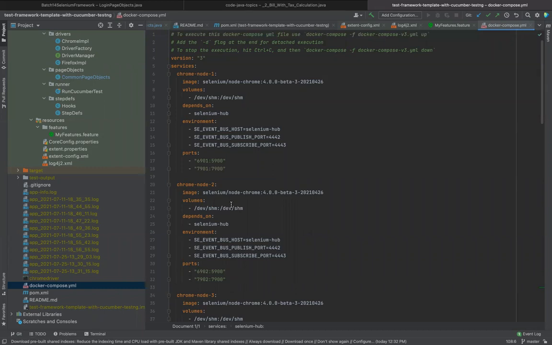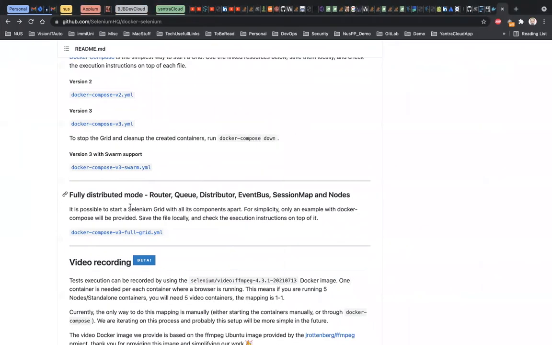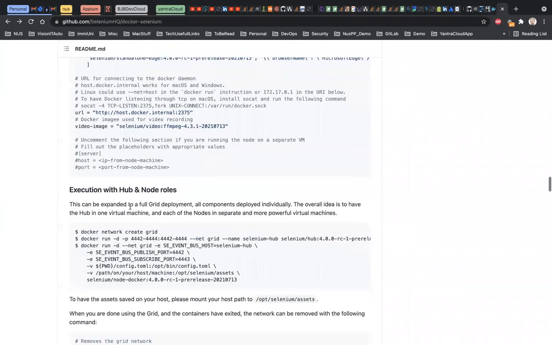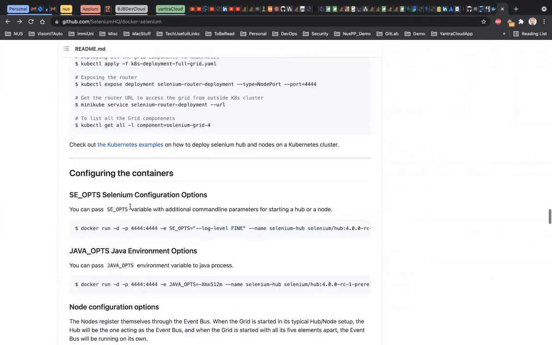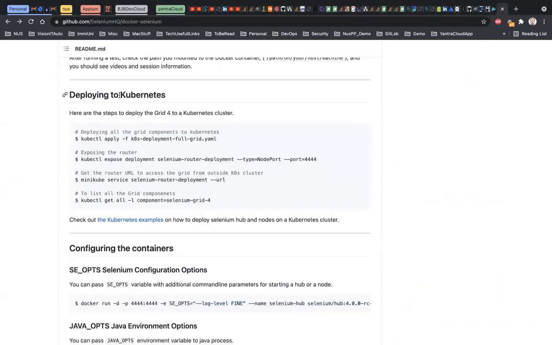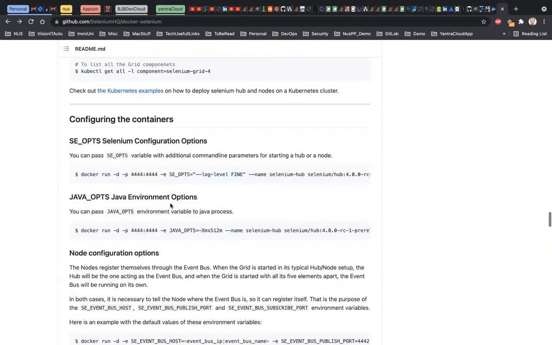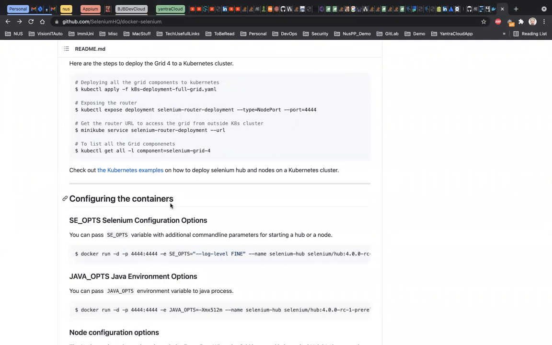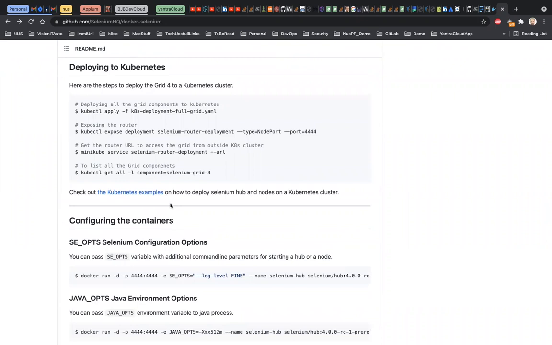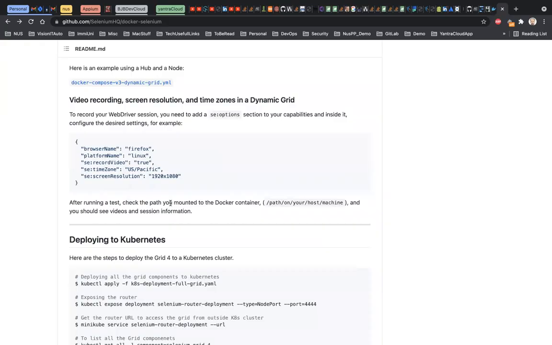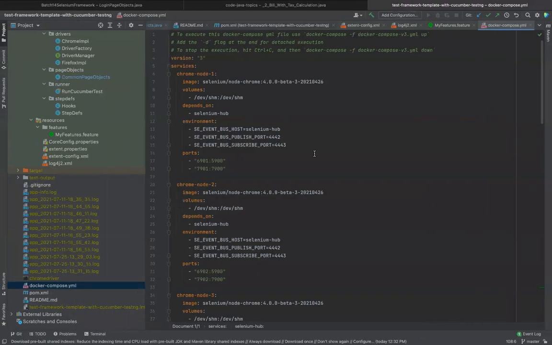And for an enterprise product, for enterprise projects, this has to be hosted on a Kubernetes cluster. For that, they also provided the Kubernetes deployment files, basically how to deploy on Kubernetes. And if you want to use Helm chart, unfortunately there is no Helm chart mentioned here, but Helm charts are also present, and you can Google it and you will get some existing Helm charts for deploying your Selenium cluster on Kubernetes. For the sake of simplicity, I'm only explaining it using a Docker Compose file for your own local